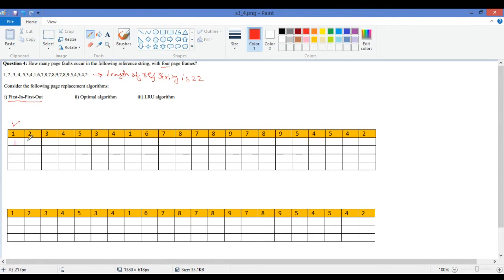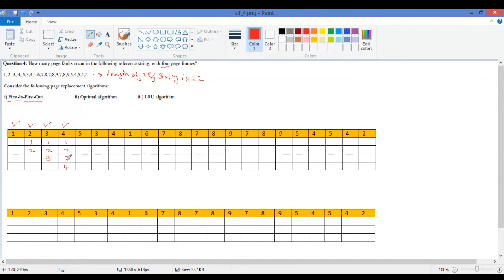I will load 1 into the main memory. Then next we have another page, 2. Tell me, is 2 here? It's not there. This is also a page fault, and 2 is loaded into the main memory. 1 is already there, 2 will be loaded. The next, 3, is also not here. This is also a page fault, and 3 will be loaded, but you already have 1, 2, and 3 will be loaded here. So up to these steps, this is fine. You see 4 is also not there. Again, it is a page fault. Now 4 will be loaded into the main memory, and 1, 2, 3 are there right from the beginning.